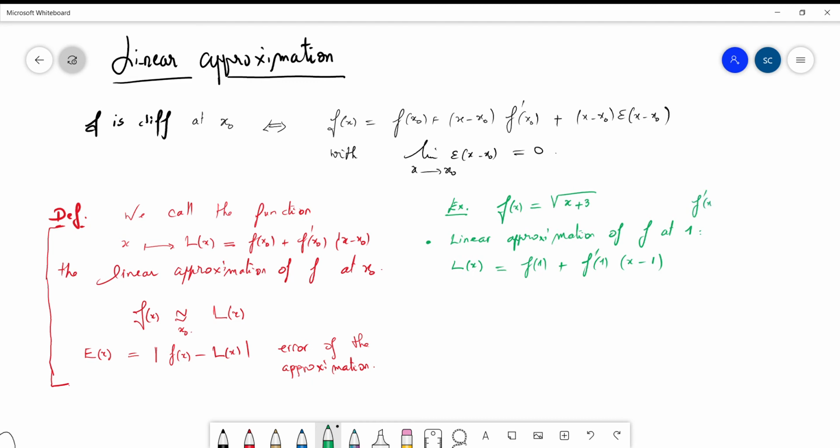So let's compute f prime. We know it's 1 over 2 square root of x plus 3. So f(1) is the square root of 4, which is 2, plus f prime(1), which is 1 over 2 square root of 4, times (x minus 1). This gives 2 plus 1 over 4 times (x minus 1). So here is our line. Now we are asked to use this linear approximation to give an approximate value of